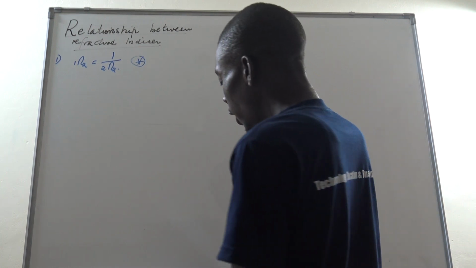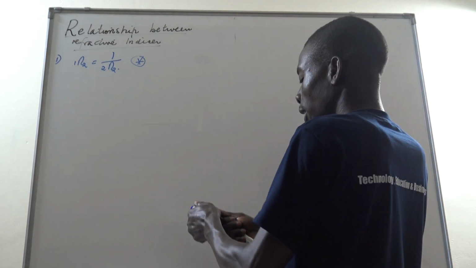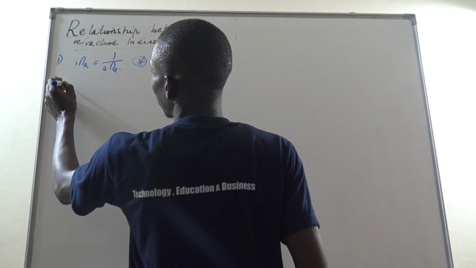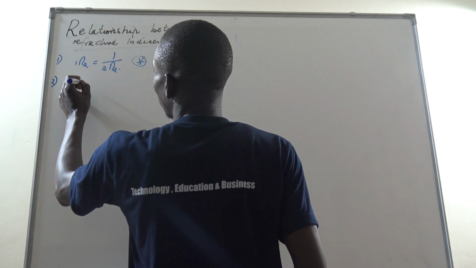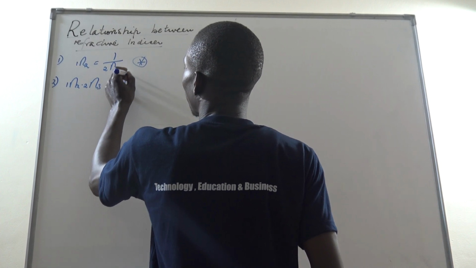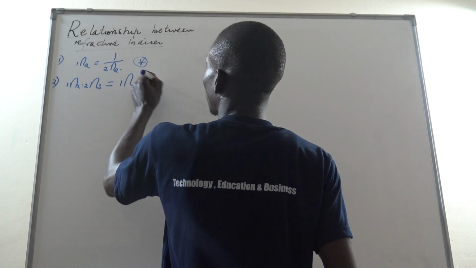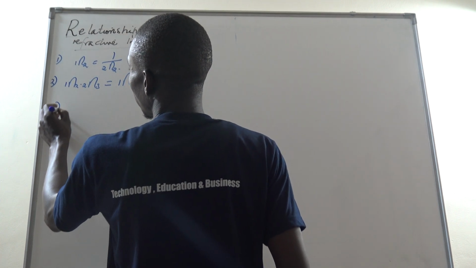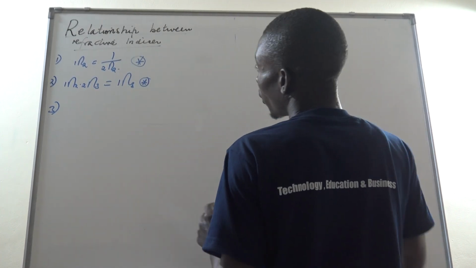So again here, we are going to look at our last relationship. Don't forget we have just looked at n1 to 2, n3 is equaling to n1 to 3 direct. This one has also been looked at. So now let's look at the third relationship, where we are going to say that